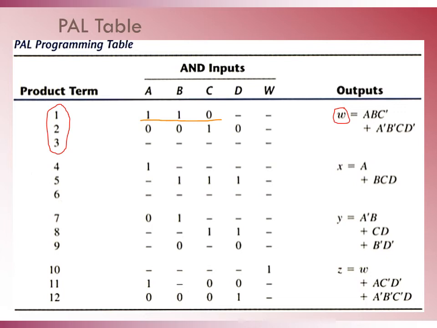The next product term for W is A bar, B bar, C, D bar. That is why A, B and D are appearing in complemented form, that is 0, whereas since C is uncomplemented, it comes out as 1. As there are 3 product terms permissible, whereas W has got only 2 product terms, the third product term is given as all dashed for the input variables. Now, W is shown as an input because it comes as an input for the output term Z.